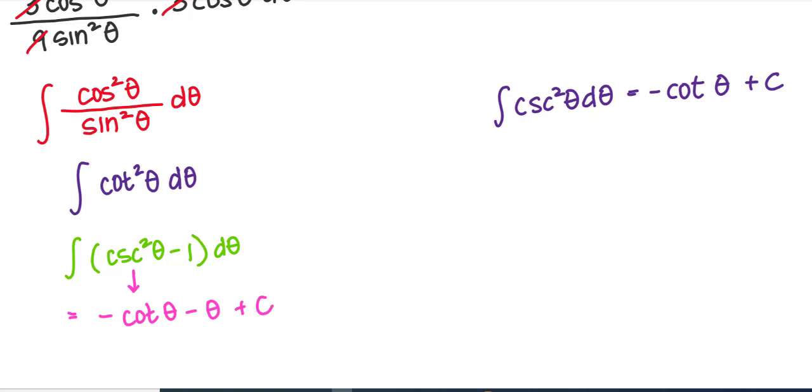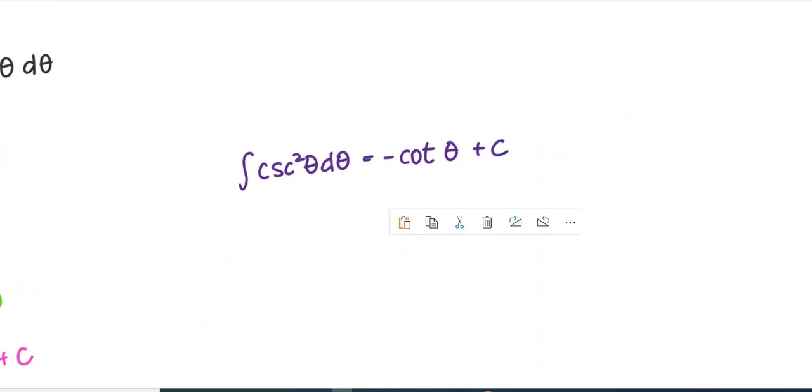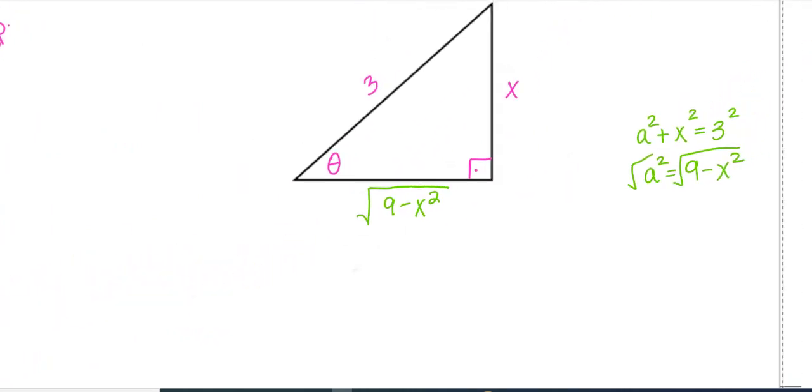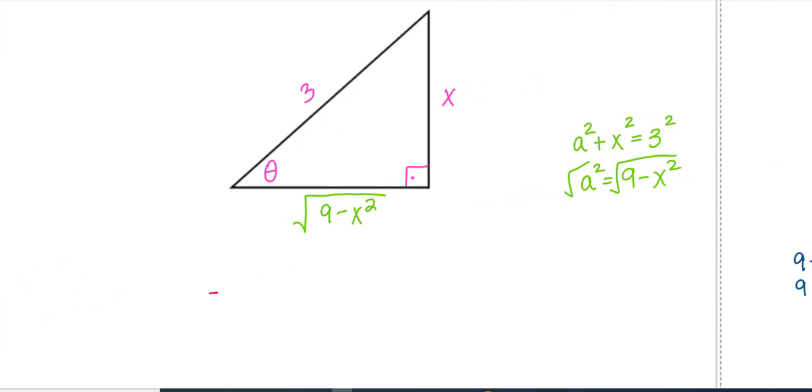Now I'm going to copy this underneath my triangle. Negative cotangent theta minus theta plus c. So I got negative cotangent theta minus theta plus c. If you will recall, the problem did not start with thetas. The problem started with x's. So if I have bounds, I definitely would change my bounds to thetas, and I could put thetas in now. This did not have bounds. This was an indefinite integral, so I do need to go all the way back to x's.